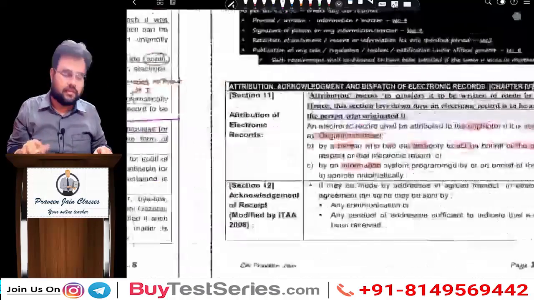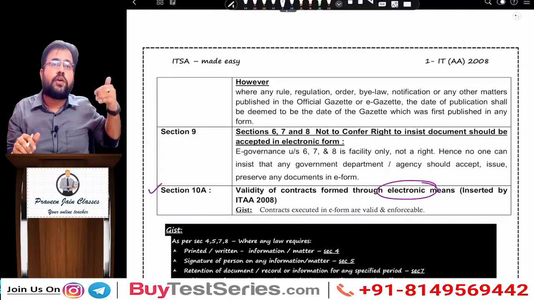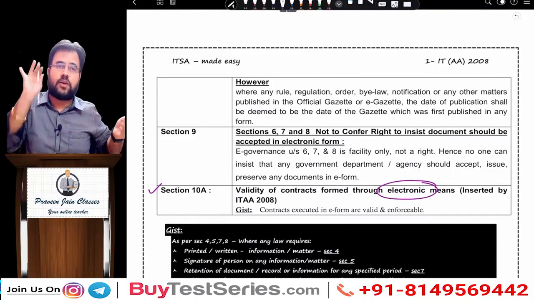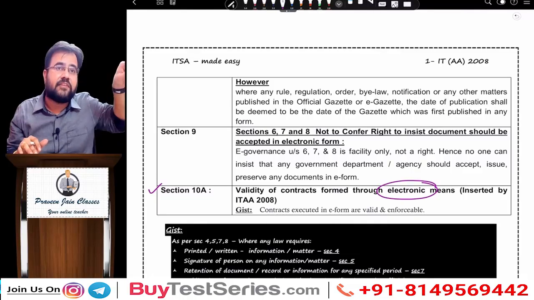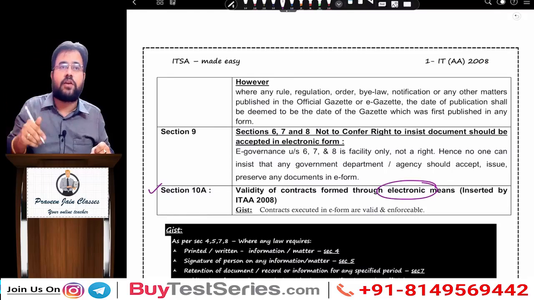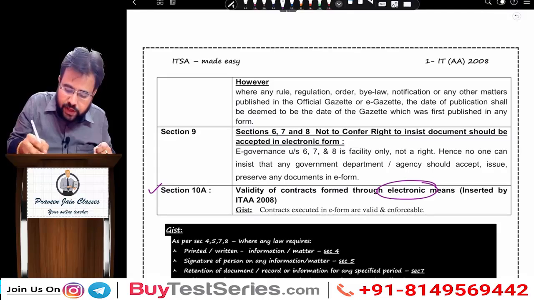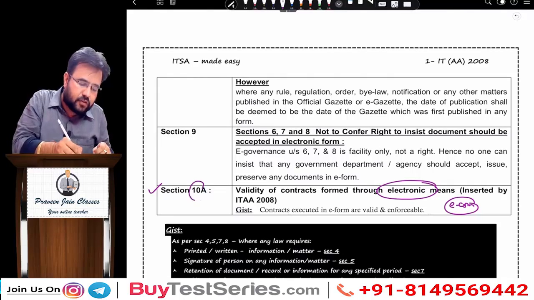That is 7A, sir. And what is 10A? They say, earlier you were doing physical contracts. Now if you do electronic contracts, both are allowed. Offer, acceptance, signing, everything was happening physically. Now offer, acceptance, everything is happening electronically. So do you think this contract is valid? Answer is yes. So don't you think today e-commerce transactions are happening in India by virtue of section 10A only,